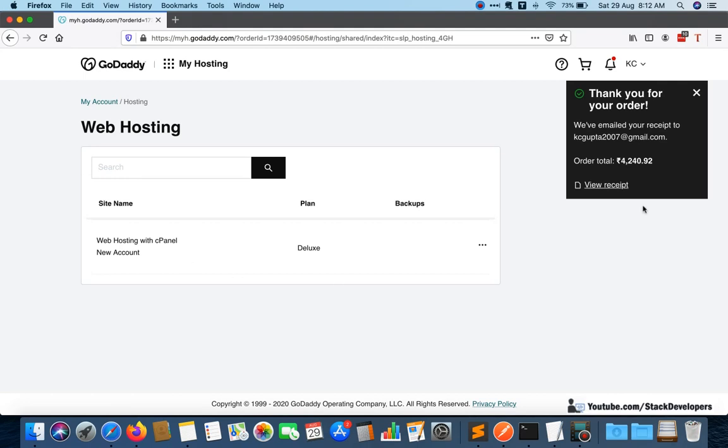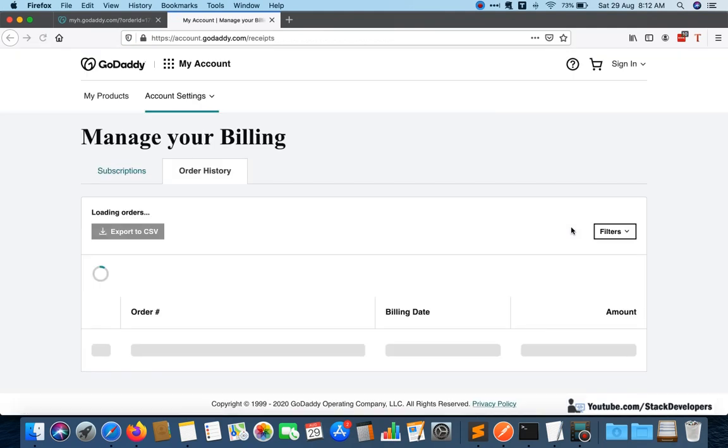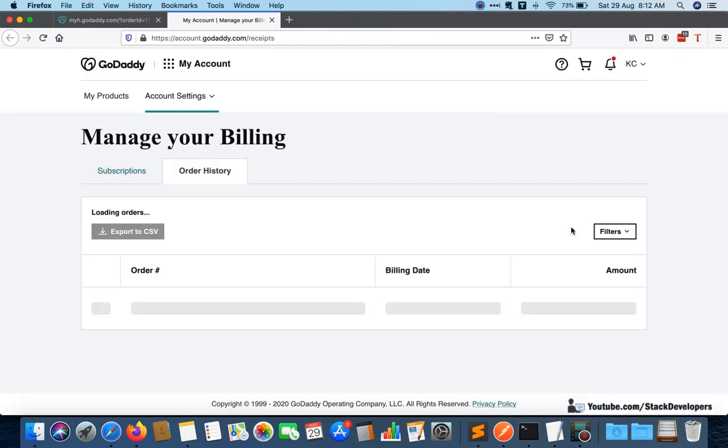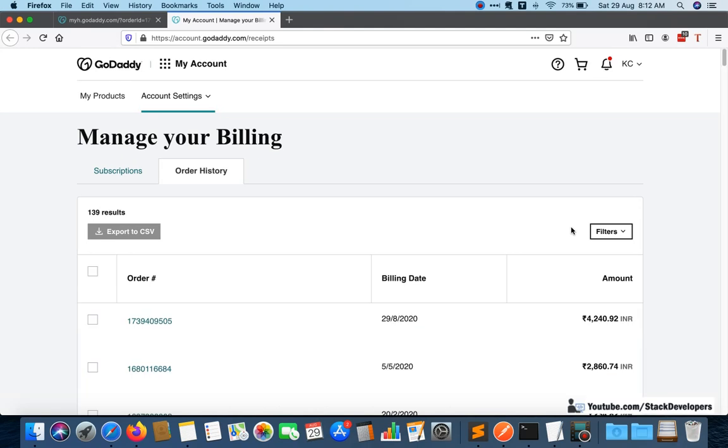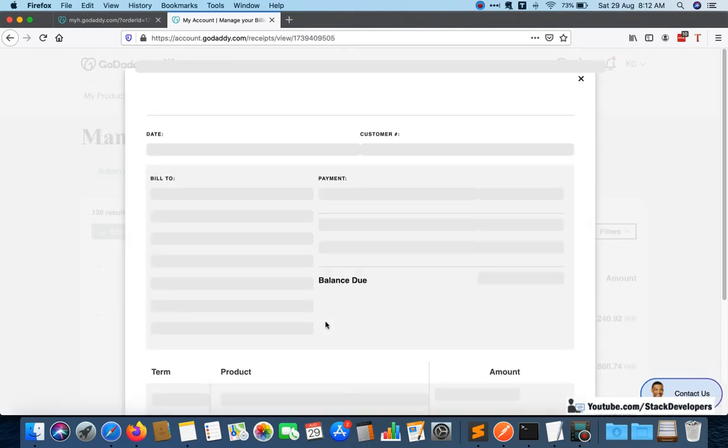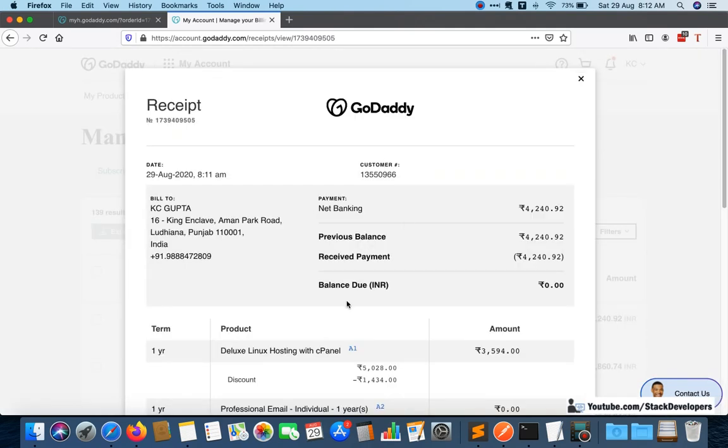and it will show that you have purchased the deluxe account, and will show you everything. You can even look at the receipt. Okay, so it will show you that you have made the purchase, like this order you can check. Okay, all the details of your order will come up.